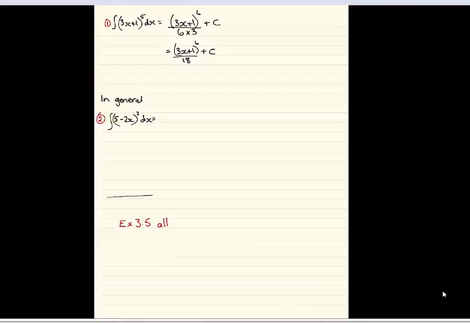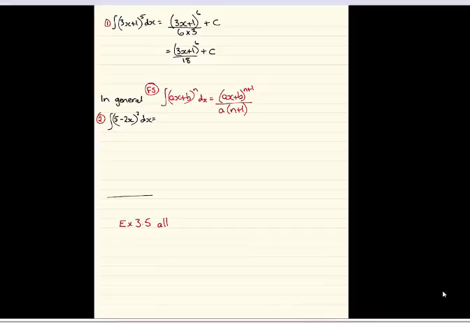In general, we have this general form, and this is now given to you on your formula sheet, so this is not something that you need to remember. But the general rule is that the integral of ax plus b all to the power of n dx is equal to, you keep your ax plus b, add 1 to the power, put it over a times n plus 1. Okay, and in our example above, n plus 1 is 6, because 5 plus 1 is 6, and a is 3, because that's the coefficient of x. Okay,